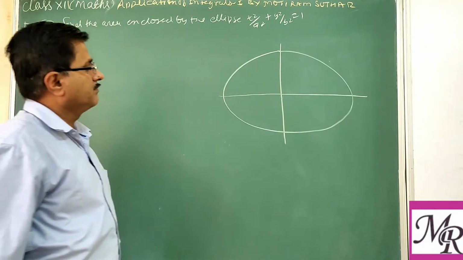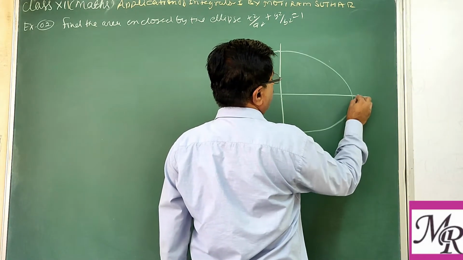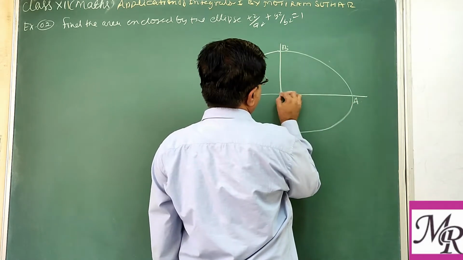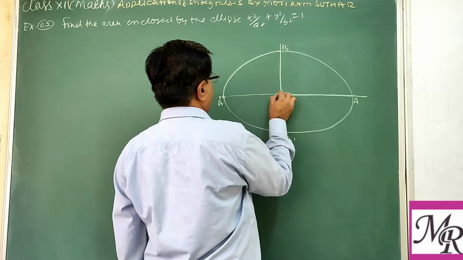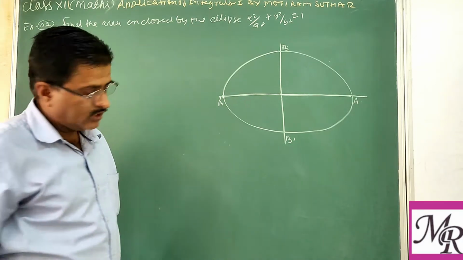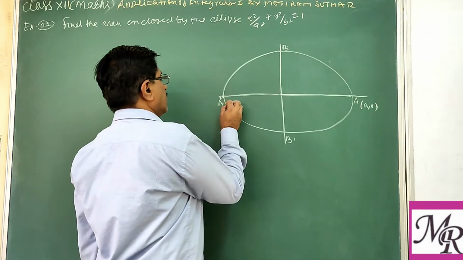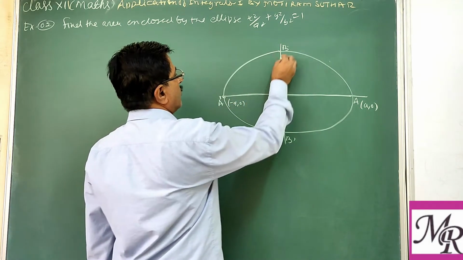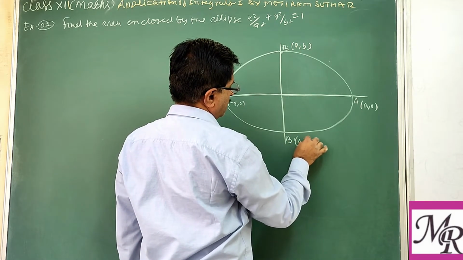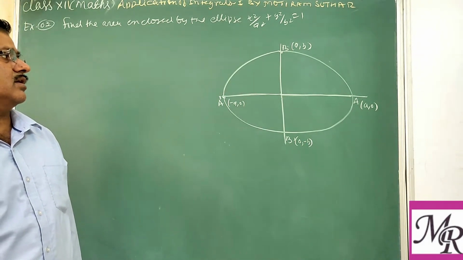So now we draw the figure of the ellipse. You know that there are A, A dash, B, and B dash, and from this to this is a, and this is also a. Total length is 2a. Clear? So the coordinate of A will be (a, 0), and the coordinate of A dash is (-a, 0). The coordinate of B is (0, b), and this is (0, -b). So this is the knowledge of the previous class. With the help of that, you can draw the curve.